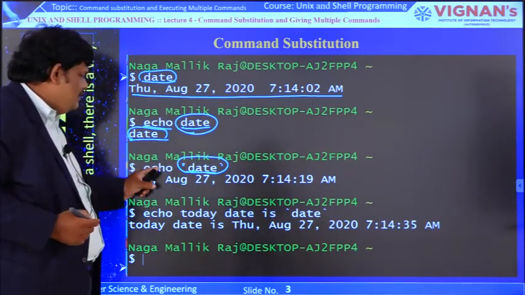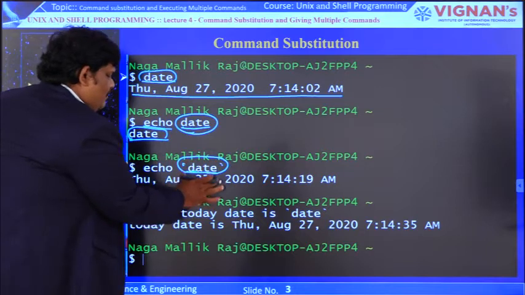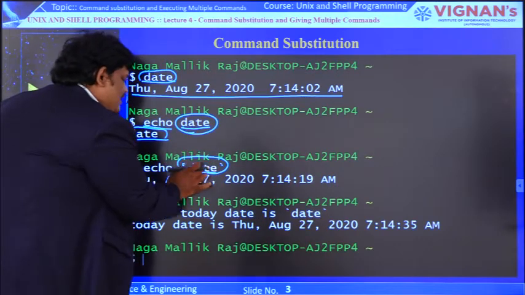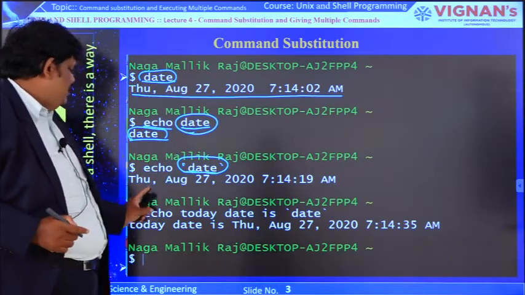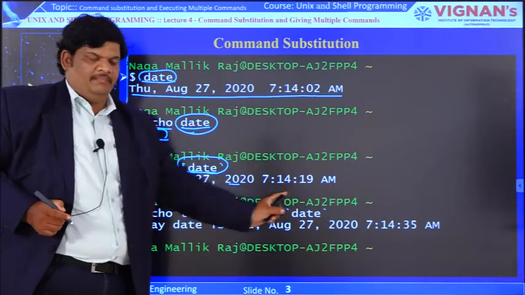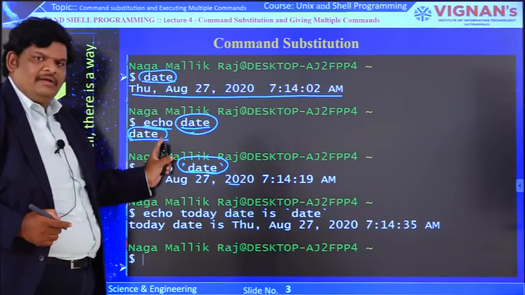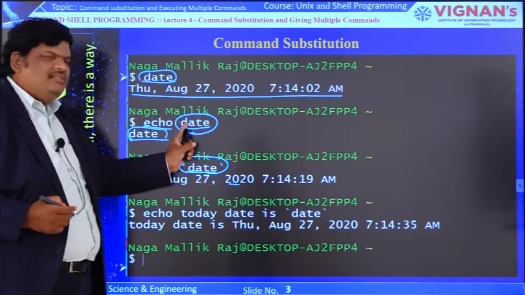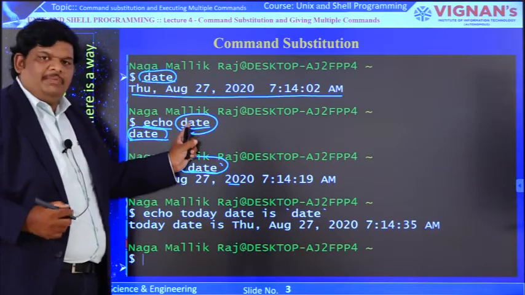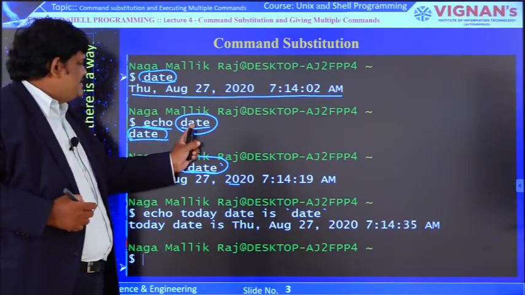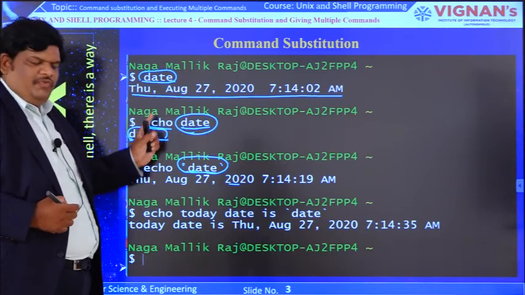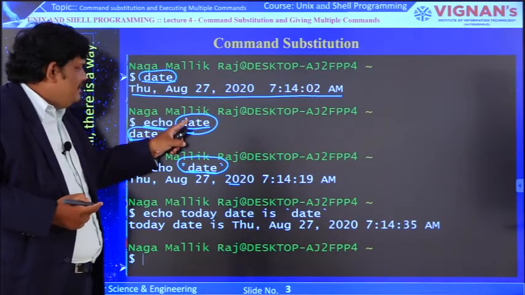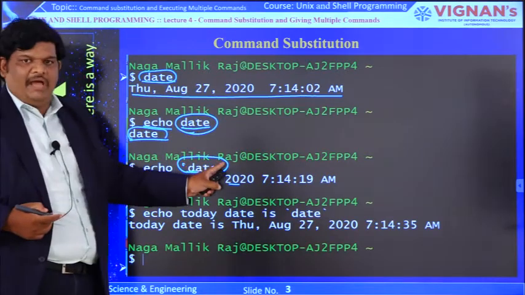Now what will echo do? This entire string will be displayed. Now what is this string? Not backquote date, but the output of this command. So finally the output is the date command output. Why does this not happen here? Here we have not written it within the backquotes. That means this is not command substitution. It is a normal string. That's why this string is displayed as it is. If you want the output of this command, or if you want to intimate the shell that this is a command, then we write it within the backquotes.